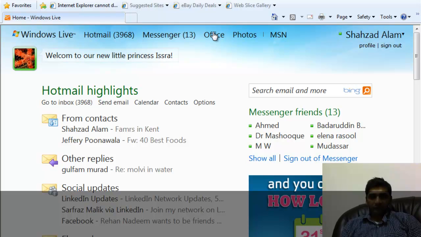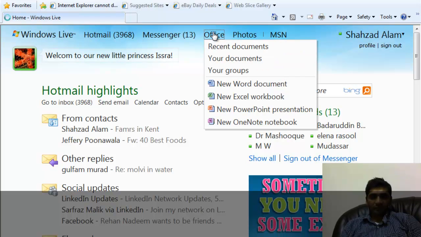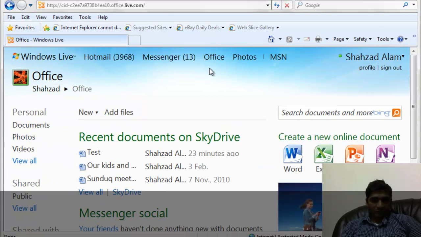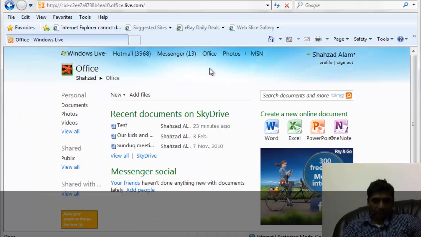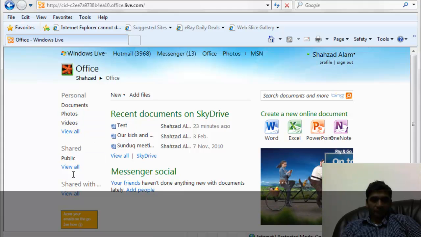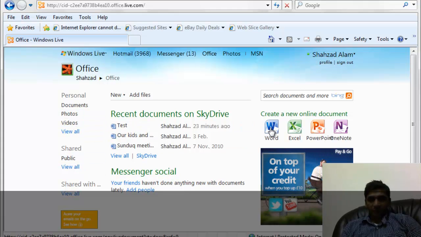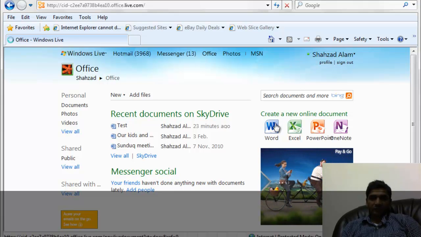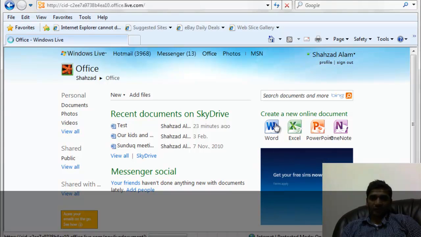It helps you to organize your day. Okay, so we will just go to the Office page, and we will see. So this is the Office page. Over here you can go to your documents, photos, videos. It's kind of a portal, and say we want to create a new Word document. So these are the links. I will say create new online document,